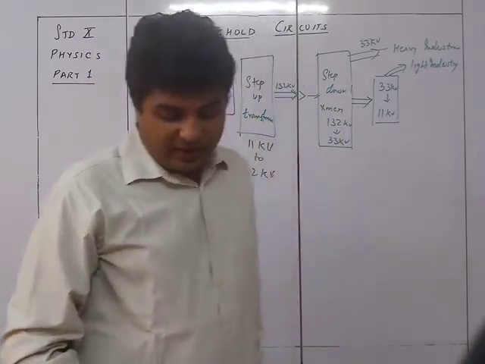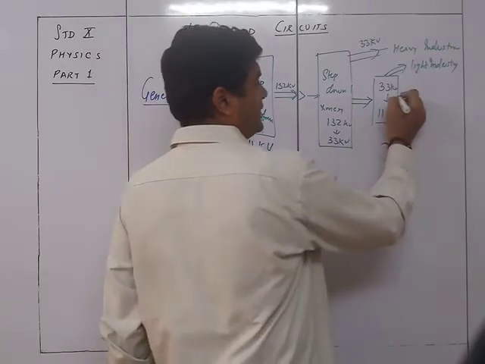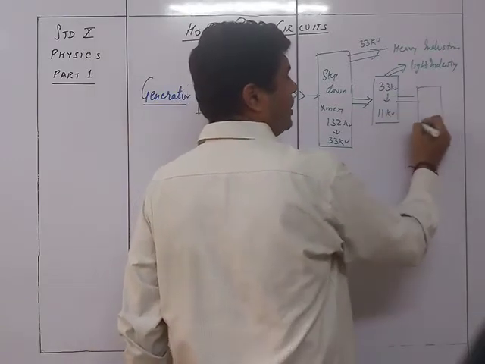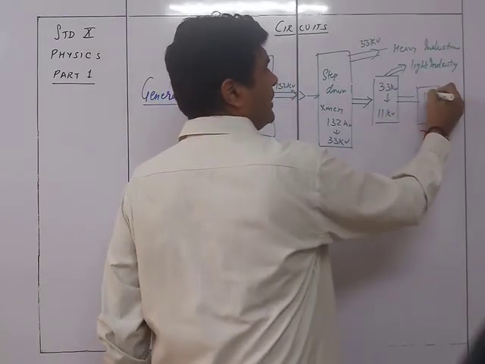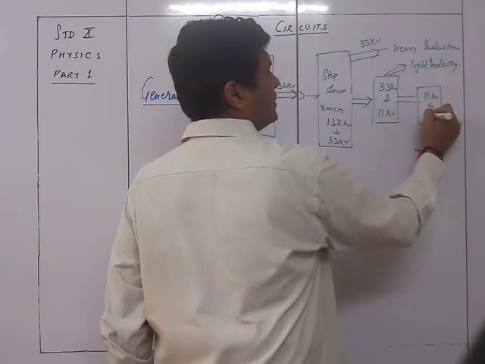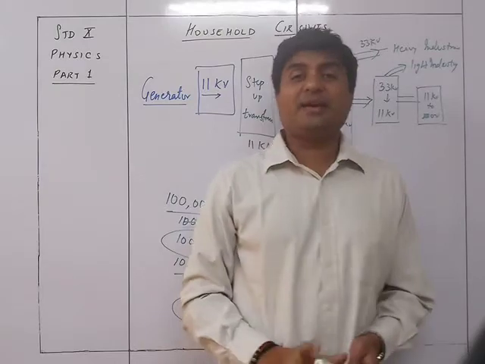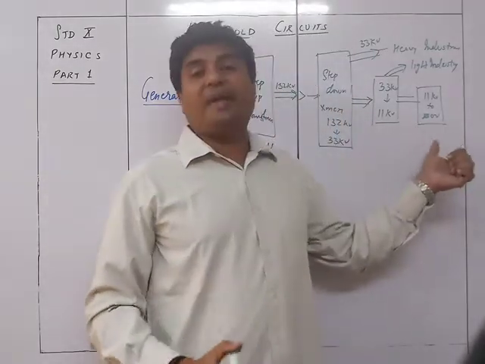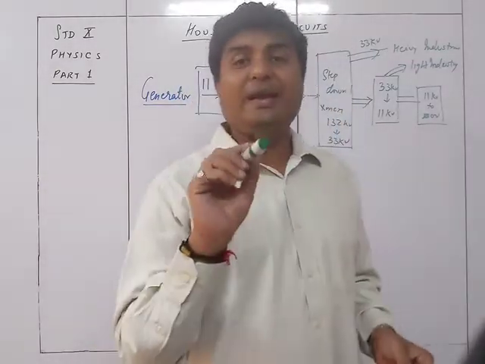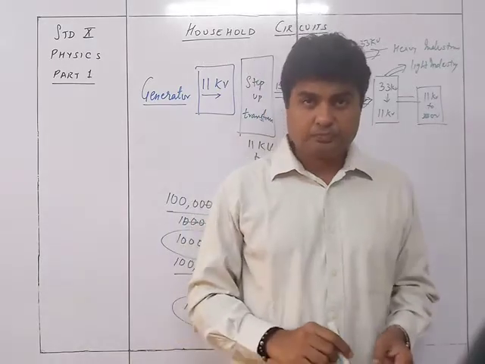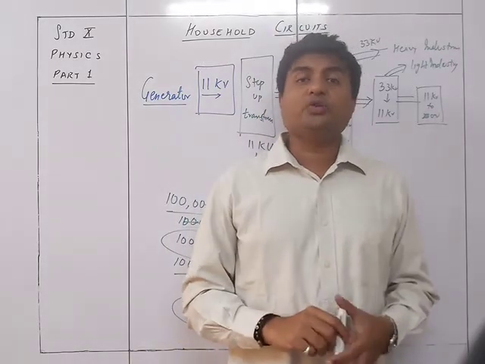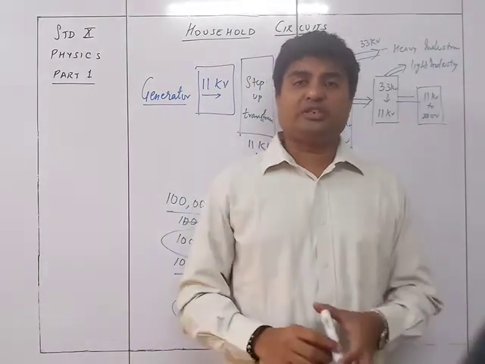So light industry, and then this 11 kV further is given to another small unit over here, which will convert 11 kV to 230 volts. Okay, this is going to convert into 230 volts. That is basically the point. This is the place which is located very near to your house. Very near to your house, you will always find there is one particular substation.